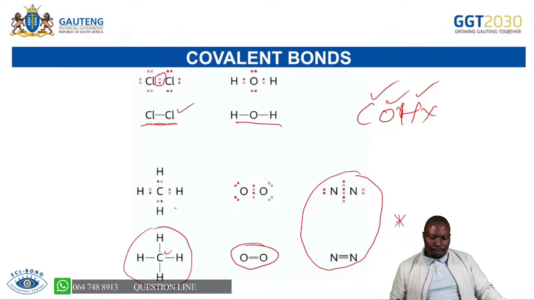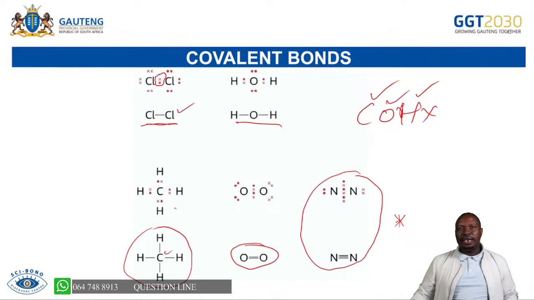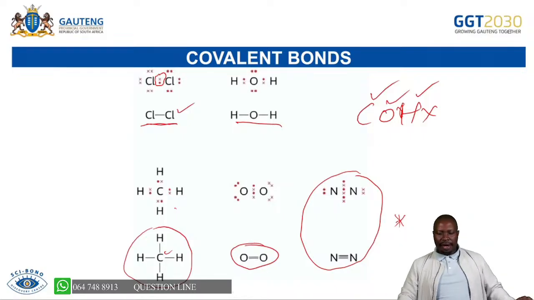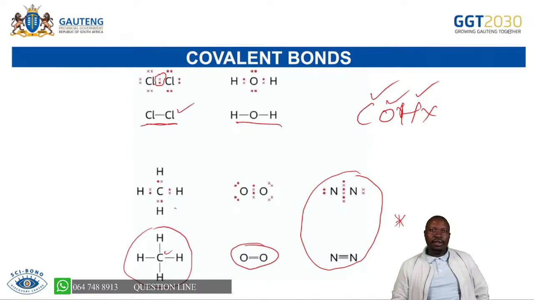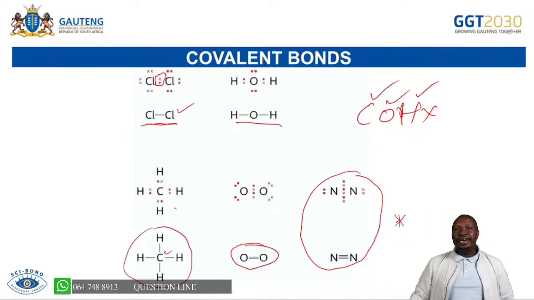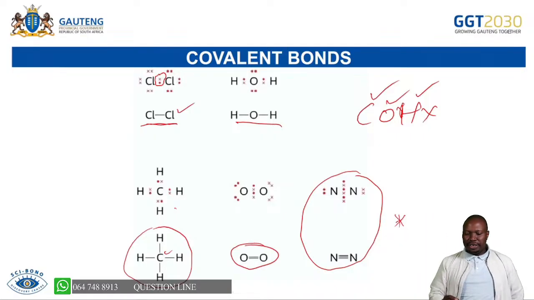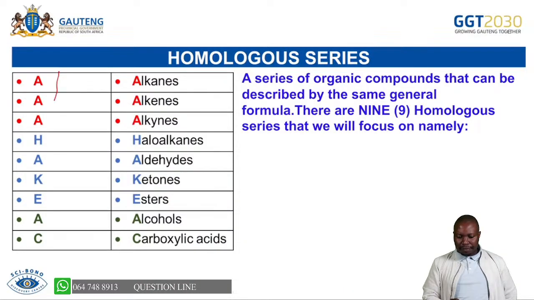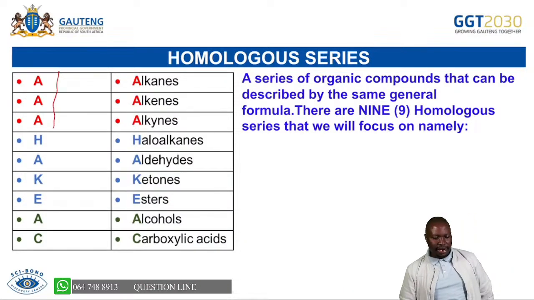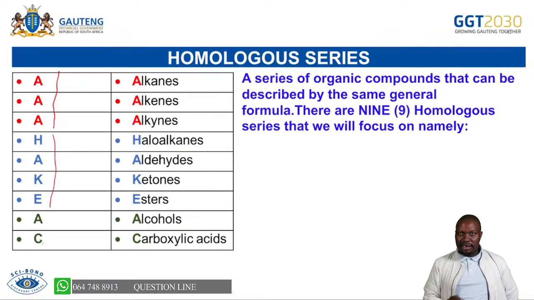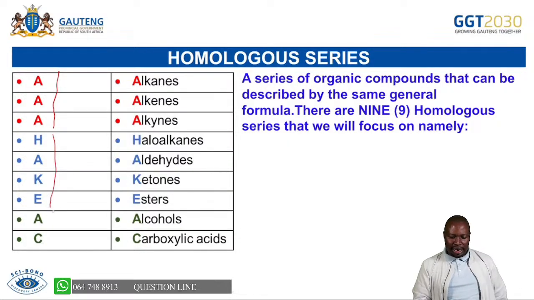Now we can go to the topic and start to deal with the real issues that deal with the topic. Now, look at the homologous series as well. We are saying we have 9 homologous series that we deal with. We have simplified them for you so that you can remember. We said triple A, the first 3, and then we are saying Hague, and then A and C. So you are able to see that these are our homologous series.